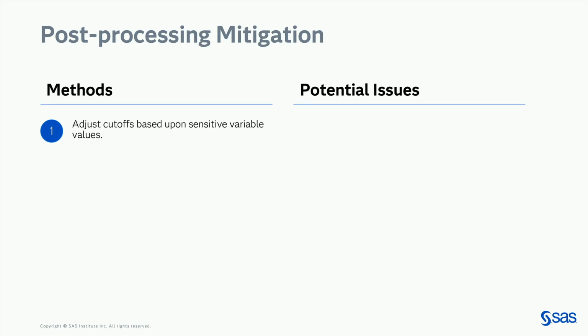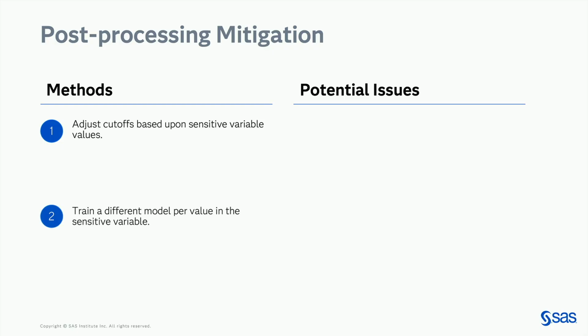So let's talk about post-processing events. I've already trained a model. I have my data. I've trained a model. I realize it's biased. What can I do after the fact? Well, I can adjust cutoffs. So a lot of models offer a predictive probability, say probability that this was a good hire or not a good hire. Well, we could say, okay, for group A, if the probability is above 0.5, we'll consider them a good hire. But for group B, if the probability is above 0.4, we'll consider them a good hire. So you could have different cutoffs for different groups.